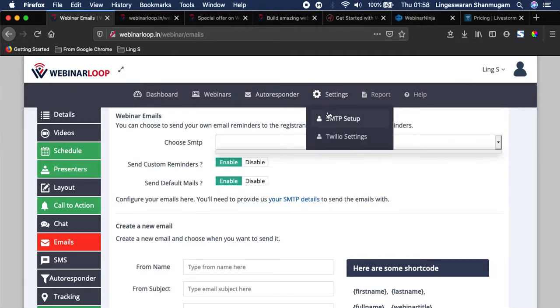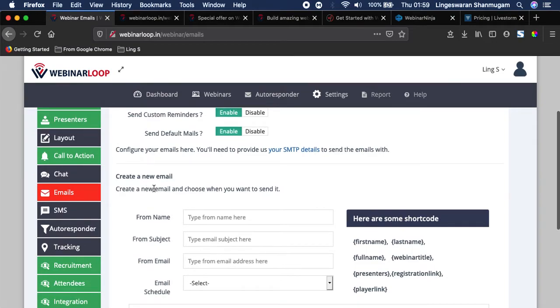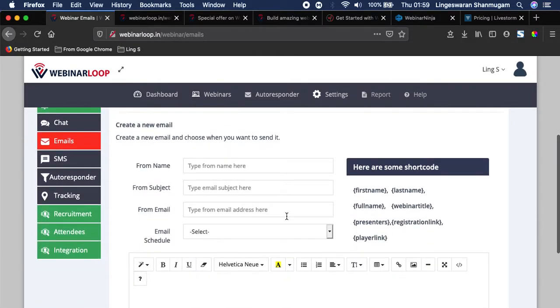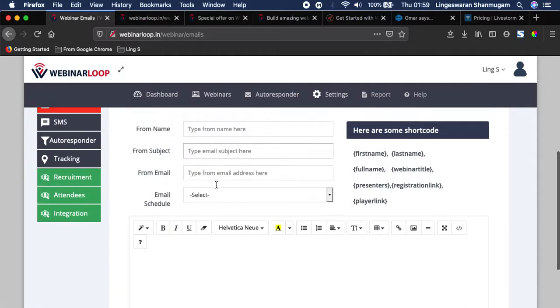When you have the settings updated, you will have multiple SMTPs. So if you're actually running multiple product campaigns using your webinar, you might actually have different websites for different products, and possibly you might have different SMTPs to send out emails for your webinars. So with that case, you will have multiple SMTPs you can choose for a specific webinar, and you can customize on top of it.